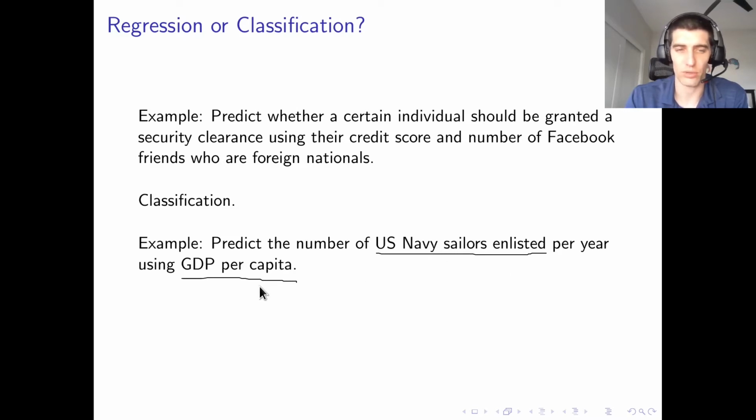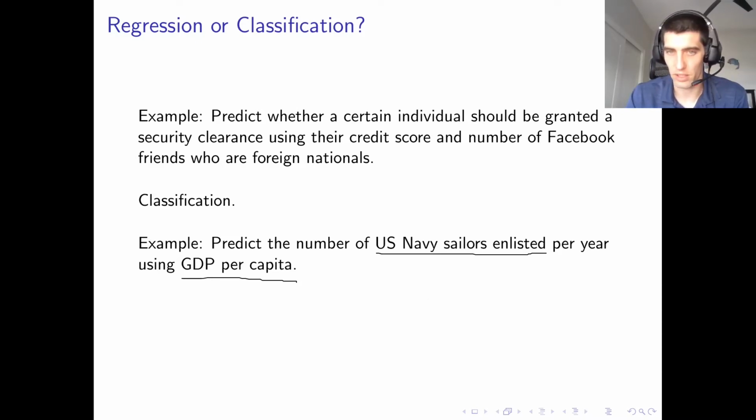and the question is, what relationship would we expect? Would we expect more spending, maybe more military spending, meaning more open positions and more sailors enlisting? Or do we expect poor or low economic output to be related to lots of people wanting to sign up for stable paychecks, right? But again, just like the above problem, this is our